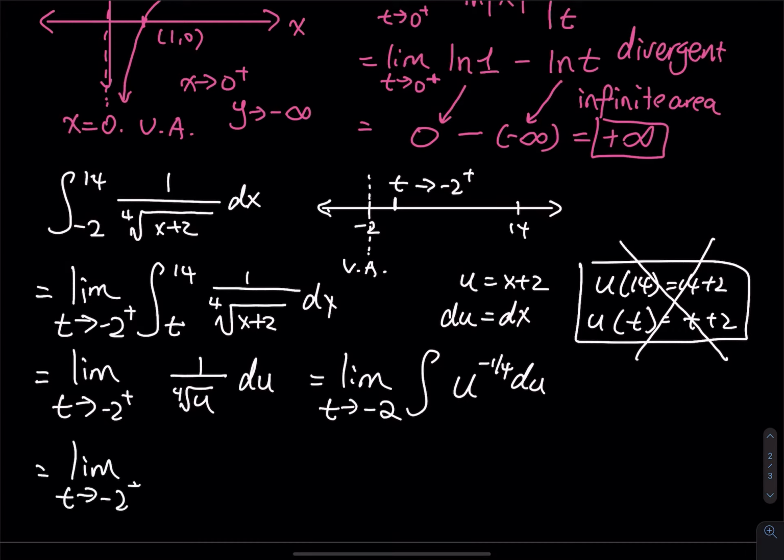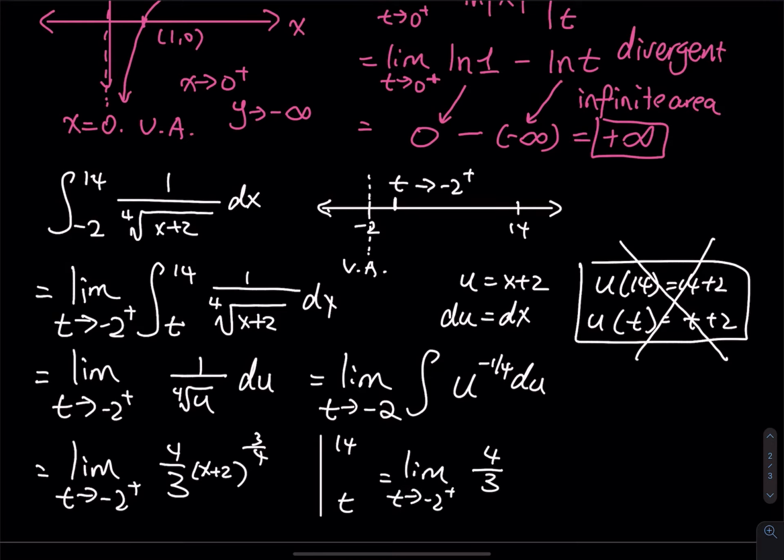As t approaches -2 from the right, so -1/4, you add 1 to it, that is 3/4, and then the reciprocal is 4/3, such that x goes from where to where? x goes from t to 14. I know I have x equals t to 14, but you have the u in there. So it is okay to replace the u with the x. So we put the x back. This is x plus 2. And then you do the fundamental theorem of calculus, FTC. So plug in. We have the limit as t approaches -2 from the right, 4/3, and then